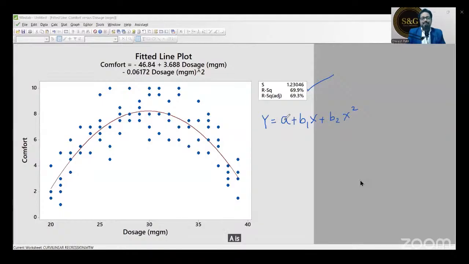A is the intercept. B1 and B2 are the slopes, and X remains our X, which is our dosage. So this is called quadratic.